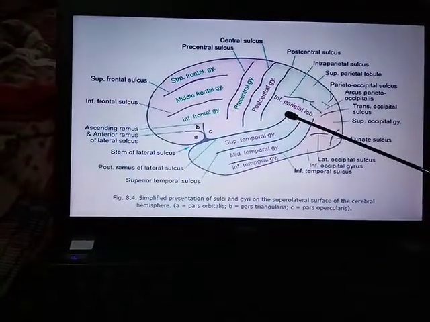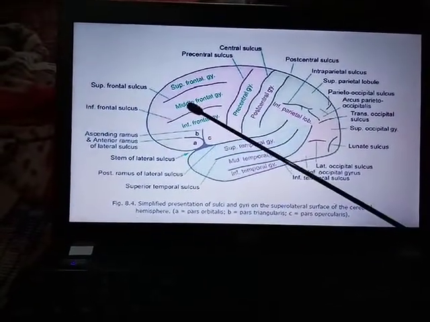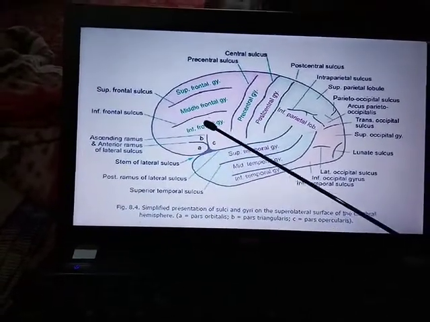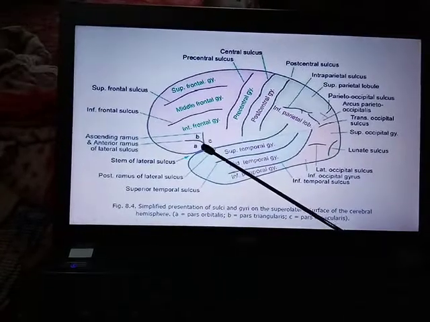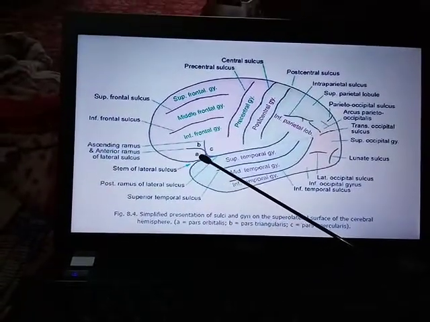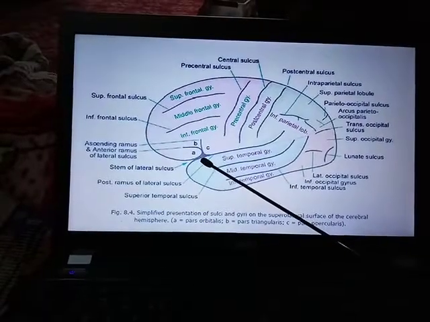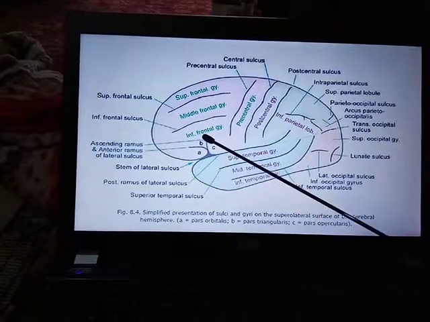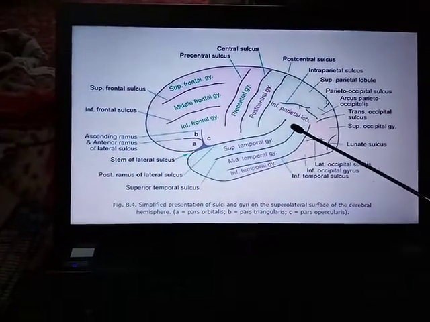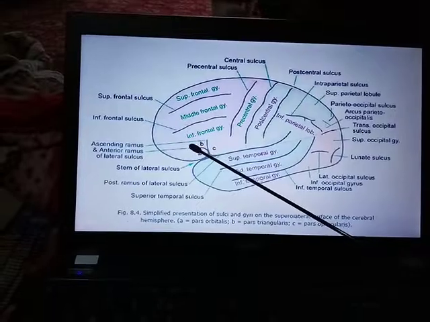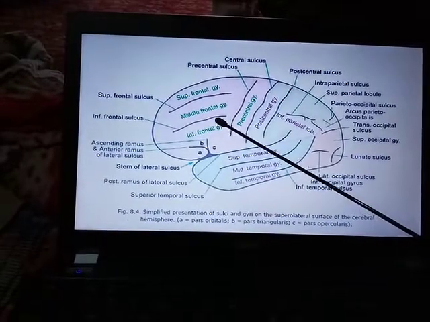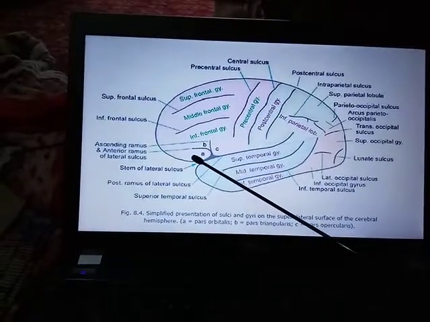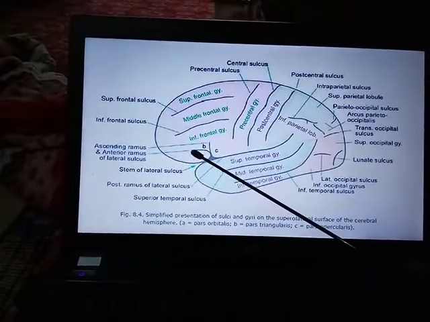Then talking about the temporal lobe. In the temporal lobe, as you can see, you have one of the important sulci, that is the lateral sulcus. This is the lateral sulcus, which arises from the inferior surface of the cerebrum and goes upwards on the superolateral surface of the cerebrum, and has two limbs. This is the anterior limb, this is the ascending limb, and this is the posterior limb. Anterior limb and ascending limb both get into the substance of the inferior frontal gyrus, and hence this area is called the